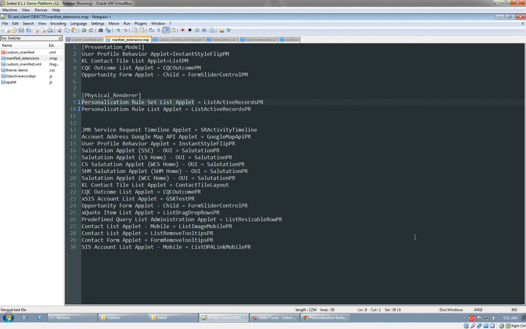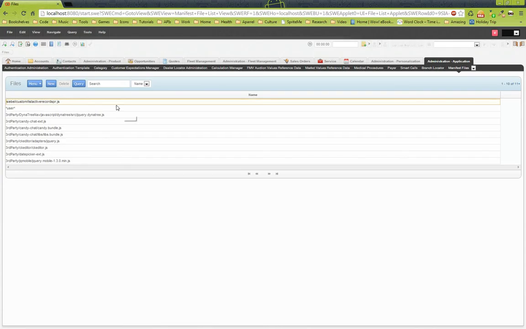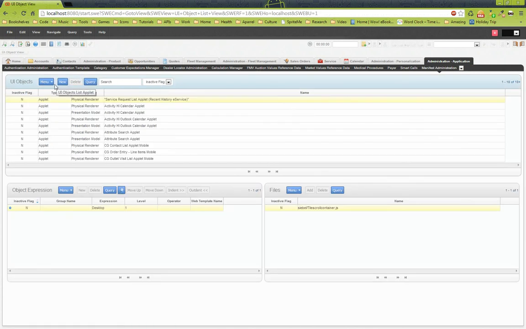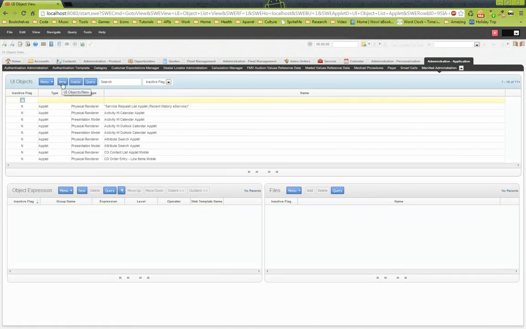So I'm going to take the name of one of these, and coming back now to the manifest administration, I'm going to create a record that says that the applet personalization rule set list applet should use the physical renderer,